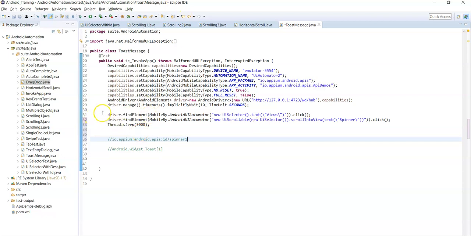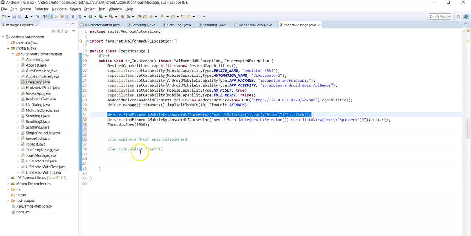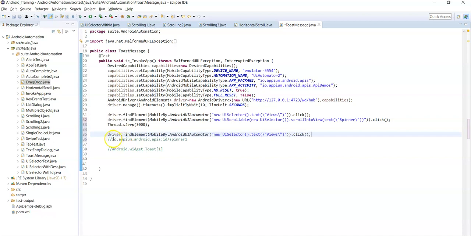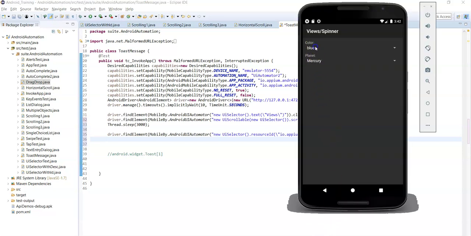Now click on this spinner using this resource ID. You can use resourceId or resourceIdMatches. Place the resource ID value here. Now click on the resource ID spinner drop down, and then you need to select the value from this spinner.